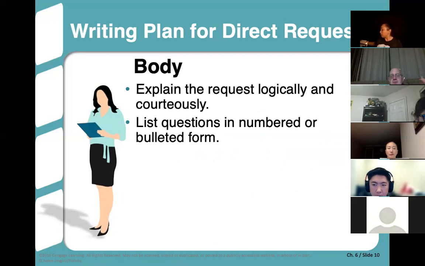If it's got multiple parts to it, and you want to make it easy for the receiver to see the multiple parts quickly and get the gist of what you're looking for right away without a lot of work, you could either use bullets or a numbered list.